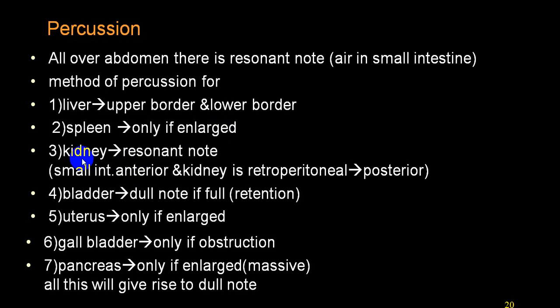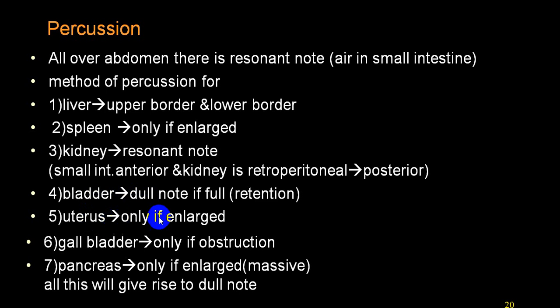Usually the kidney and pancreas, as we have already mentioned, being retroperitoneal structures, are very difficult to identify unless the kidney becomes 3 times, 4 times, 5 times the original size. The bladder, when it is full and you have retention, becomes a suprapubic structure. Then only can you identify that by percussion. An enlarged liver and a distended bladder due to retention will usually be tender.